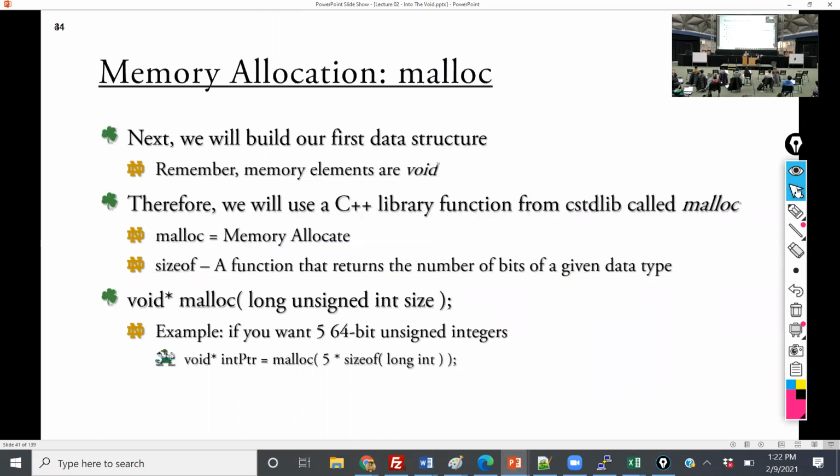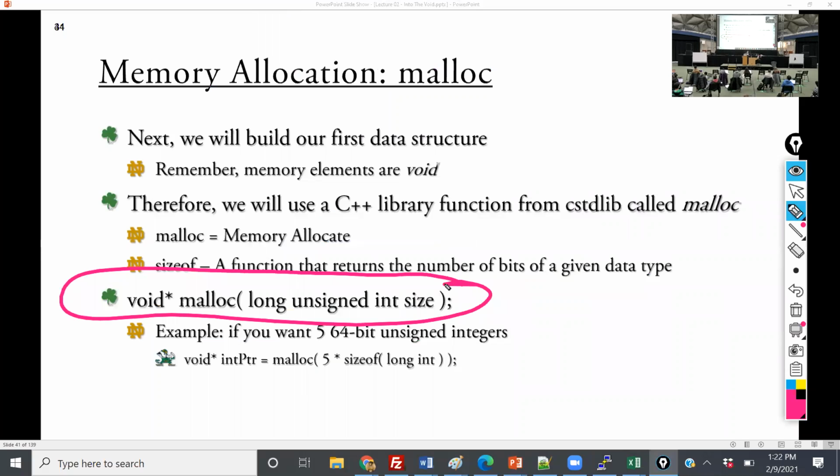So memory allocation. I'm going to walk you through various forms of malloc, and what this should do, and this should clarify some questions I saw on the Slack, is the difference between a void pointer and a character pointer. And most importantly, it's how the operating system interprets it. So here, what's going on is I have a function in the C standard library that tells me to create a void pointer, go to that location, store something, and then whatever the size that I pass to it, store that many bits. And now we're going to reserve that for that specific data structure.